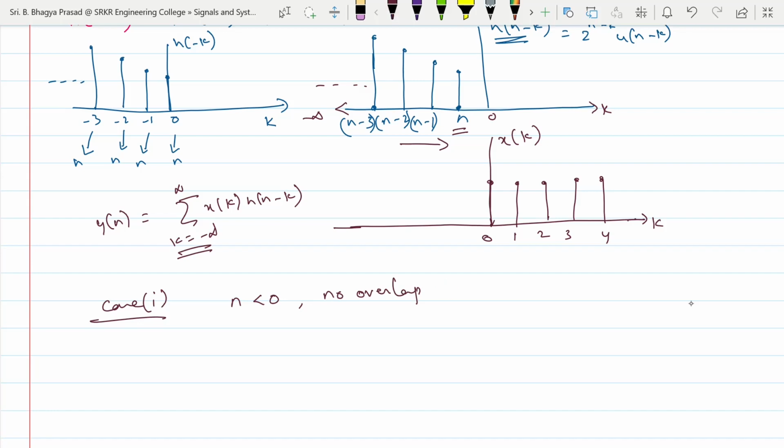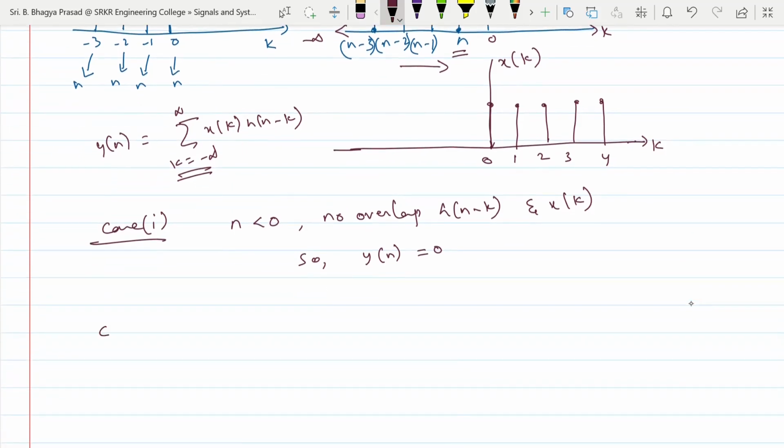Between h of n minus k and x of k, y of n is 0, that is, the product is 0. But when n touches 0, there is another case, that is when n is greater than or equal to 0. So the sequence will be like this,